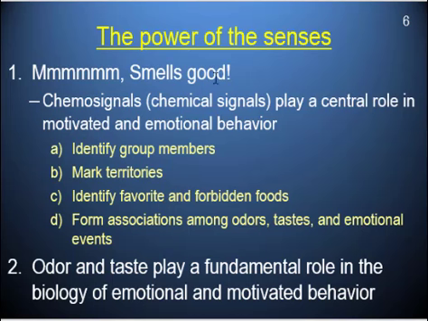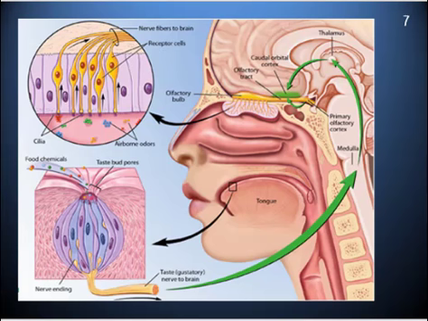So quickly, we're going to go through these two sensory systems. Again, I'm not going to give you quite as much detail as I did in the previous unit on sensory systems, but I am going to go through the pattern. So here's a picture of both really quick. Here's your nose and your sense of smell. Here is your mouth, which includes your tongue, which is where you will find the receptors for your sense of taste.